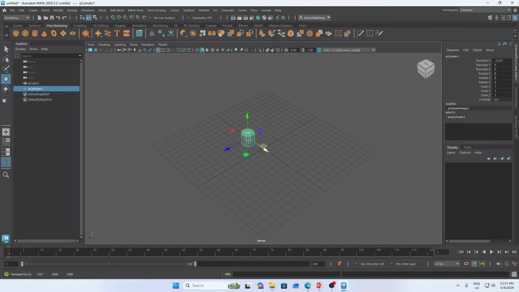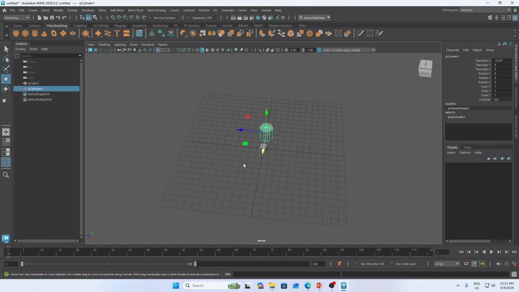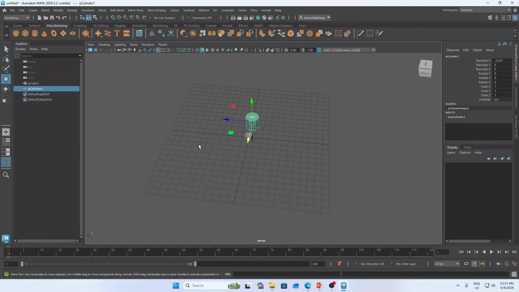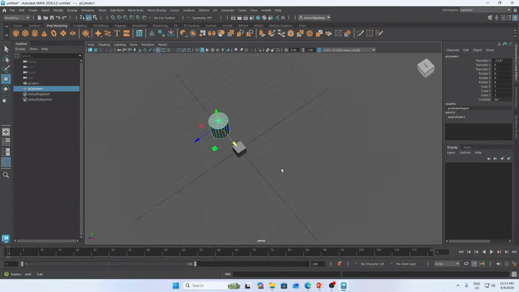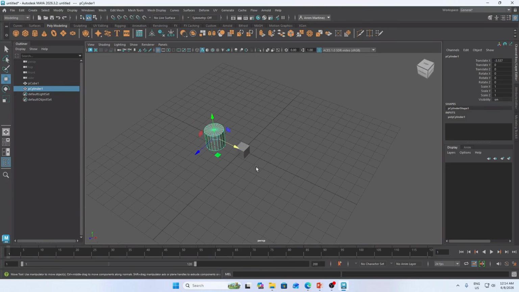And then just practice orbiting, panning, and zooming, until you master the Maya navigation. So that's the first challenge.